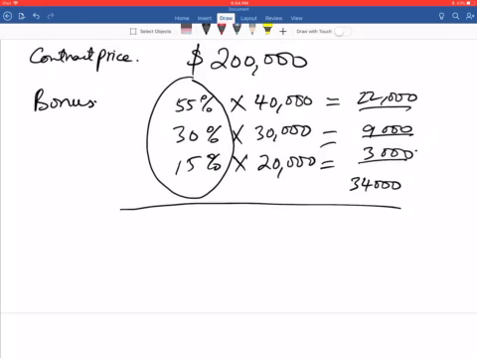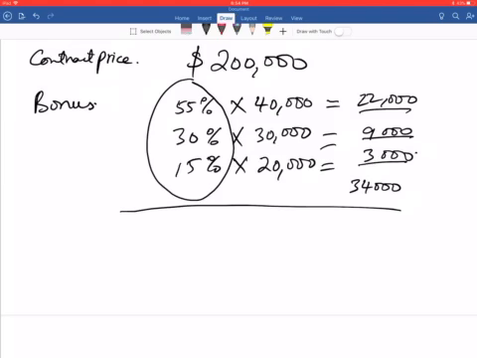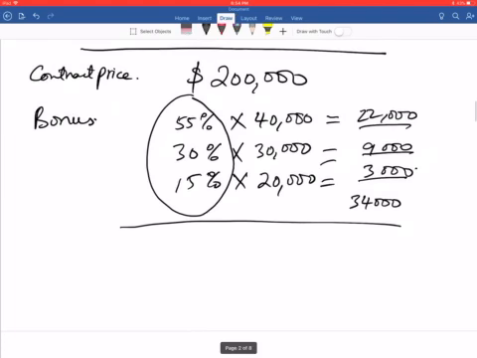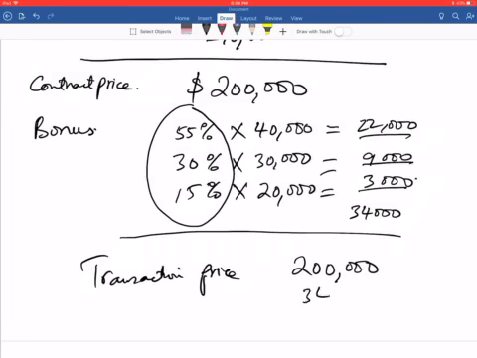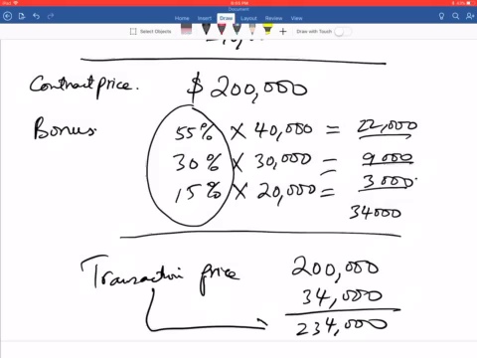Okay, so now part B, let's do it in the next video. But before we move on, your total transaction price is going to be 200,000 plus 34,000, which is the bonus, and that's $234,000. Okay, total transaction price. So that's what we are getting. The first one is the basic contract price. Bonus makes it